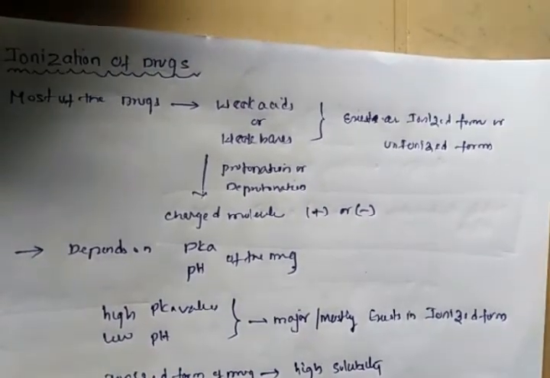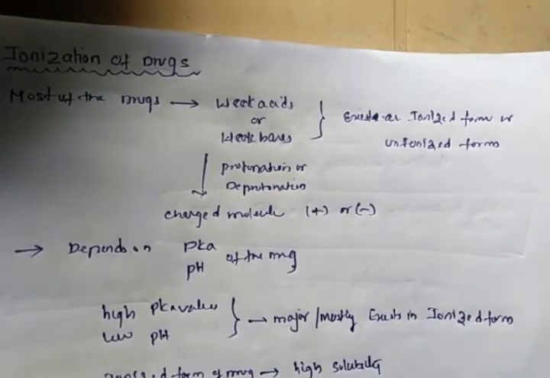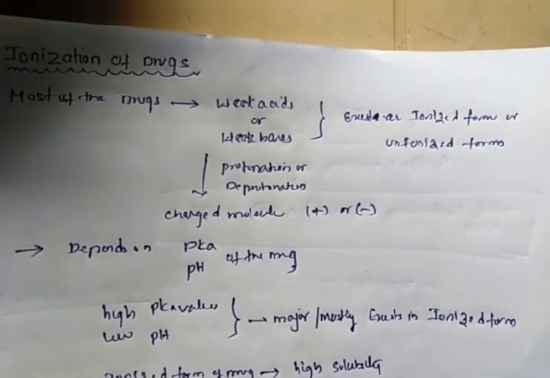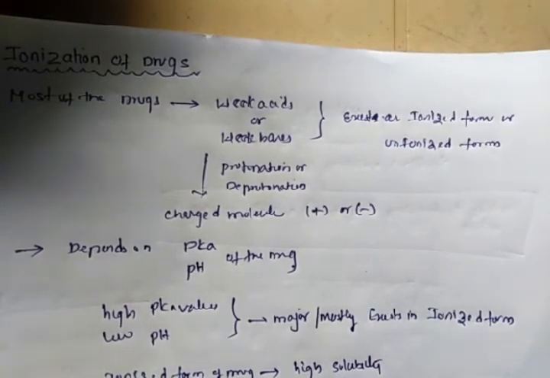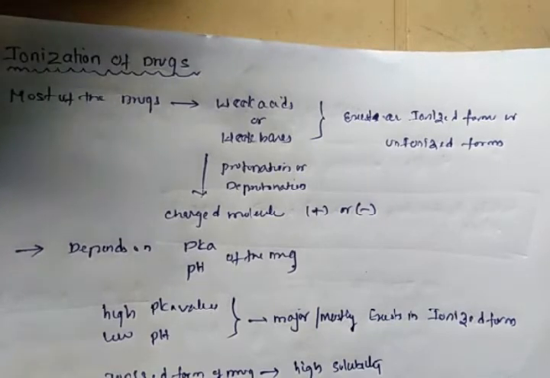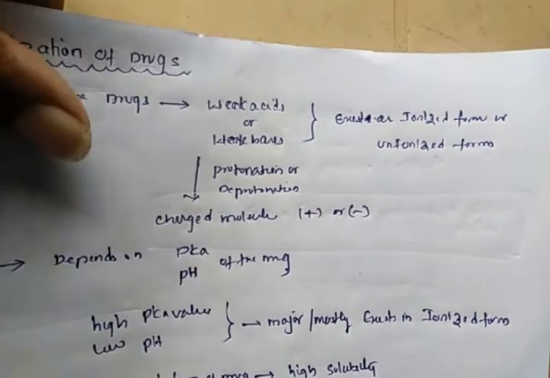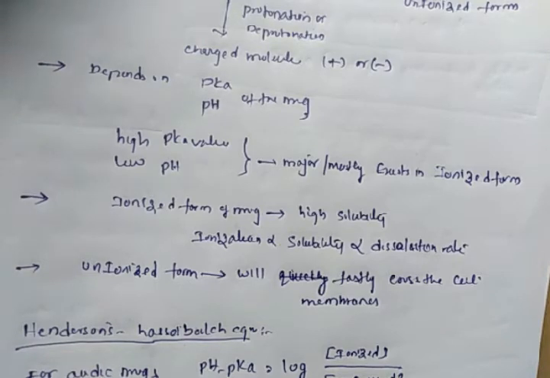So if the drug undergoes ionization very quickly, the solubility will be more. As the ionization is more, the solubility and dissolution rate will be more. If the drug undergoes very quick dissolution, it undergoes very fast absorption. So the unionized form of the drug will help us to cross the membrane. The ionized form helps improve the dissolution rate, and the unionized form helps us to cross the cell membrane. So for predicting the ionization of the drug molecule, we will use the Henderson-Hasselbalch equation.